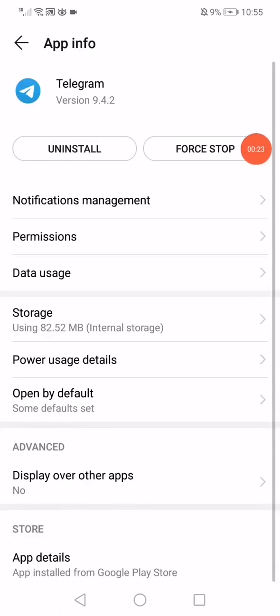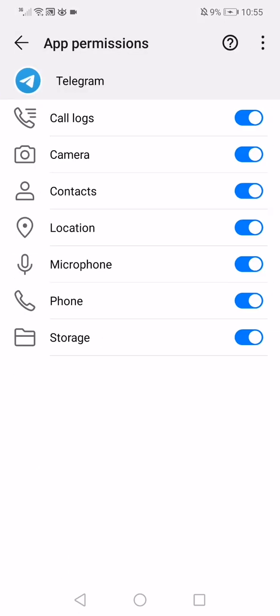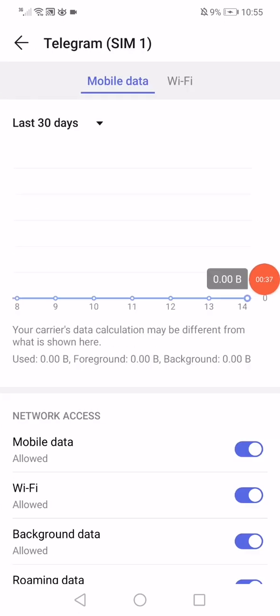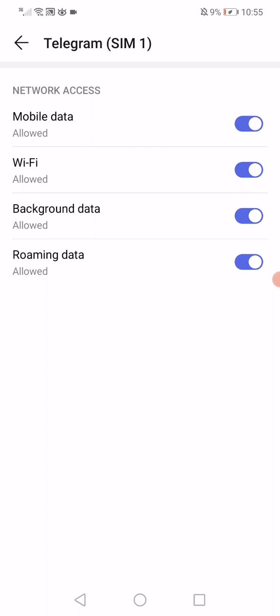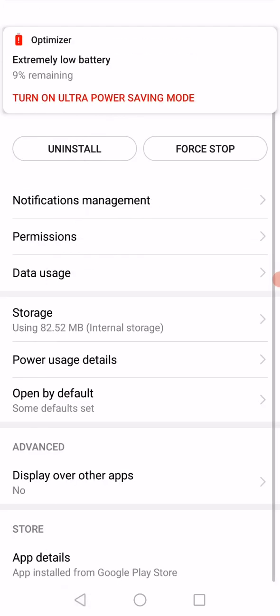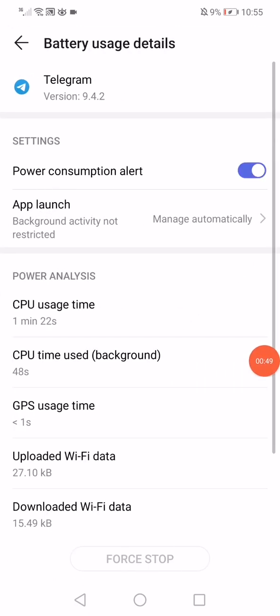on it. Click on this option here in the top as you can see, and then go to the permissions. Make sure to enable all the permissions, and after that go back, click on data usage. Make sure to enable all these options right here, and then all what you want to do now is very simple. Go back, click on power usage details,